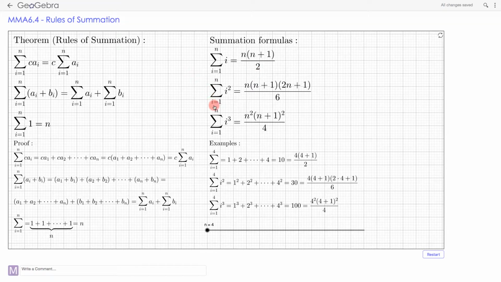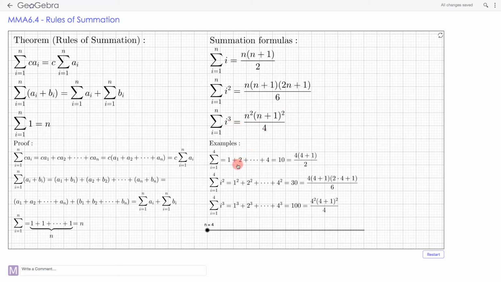First, I will just mention the two other summation formulas here. If we take the sum of the square numbers from 1 to n, which can be written like this, then this turns out to be equal to n times n plus 1 times 2n plus 1 divided by 6. And the sum of the first n cubes, so 1 plus 8 plus, what is the next? It must be 27, and so on. This can be written like this: n squared times n plus 1 squared,